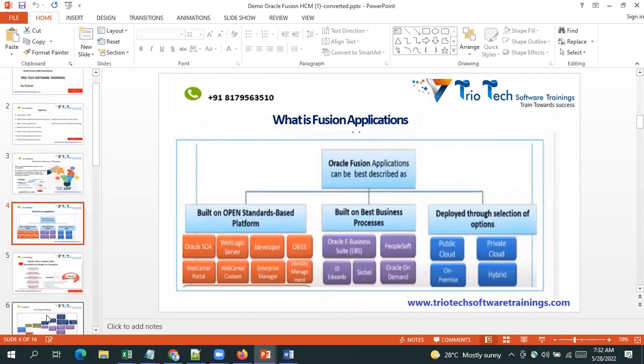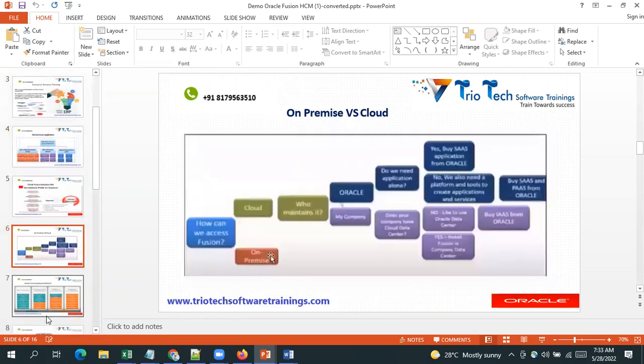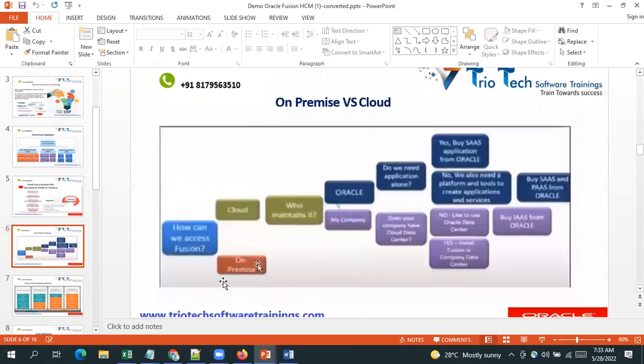See, if anyone buys this product from Oracle, Oracle is the vendor who is selling the product. Any company buying this product in order to use it in their in-house HR operations, how are you going to get licensed for this product, how will the product be delivered to you? So here, if you see the slide, we have on-premise versus cloud deployment options. The question is,